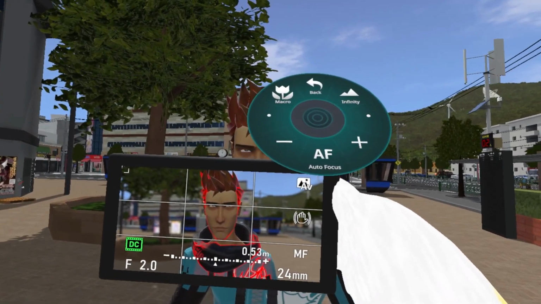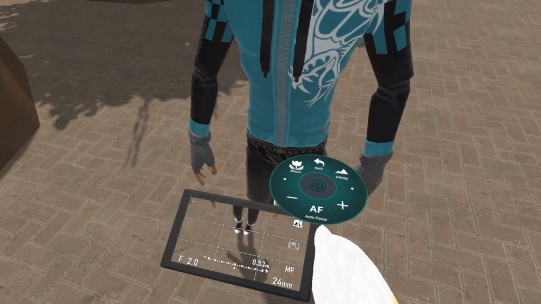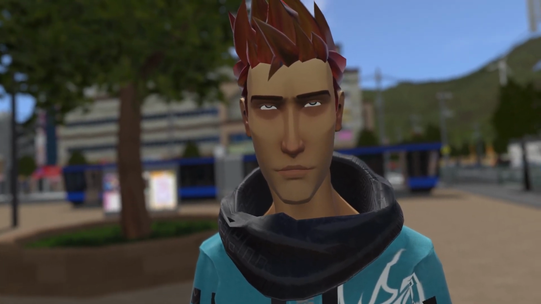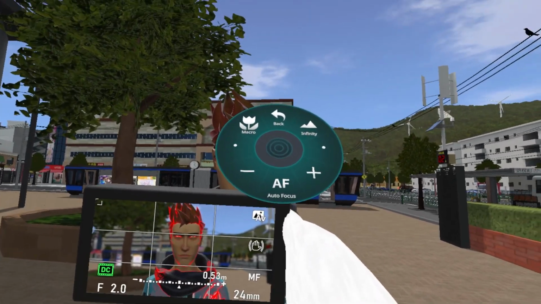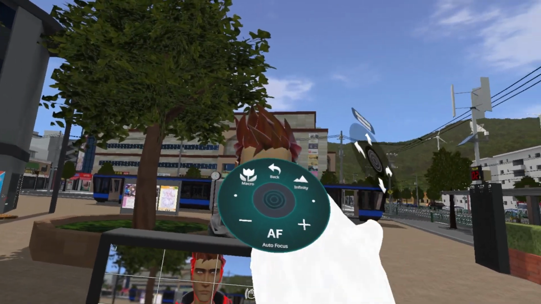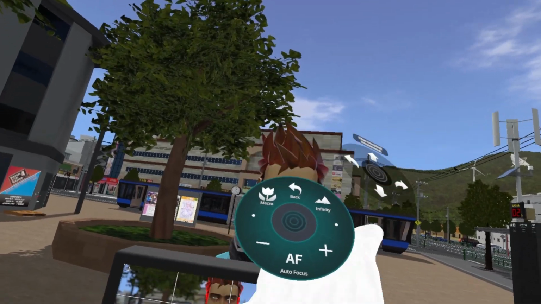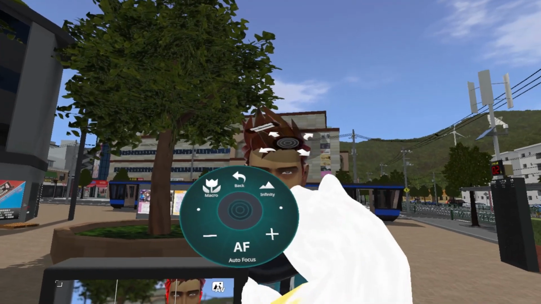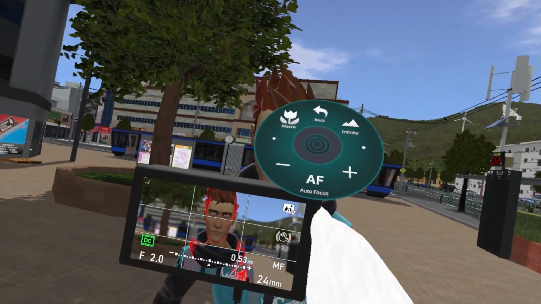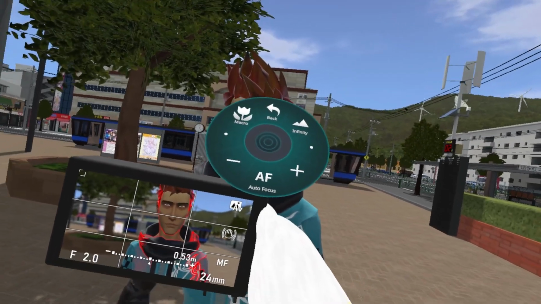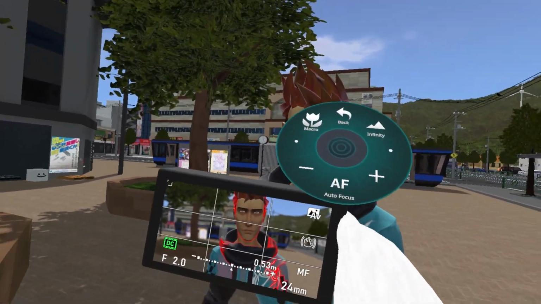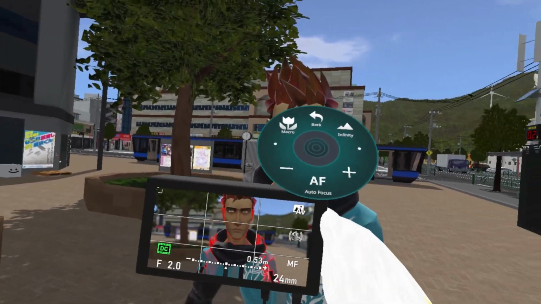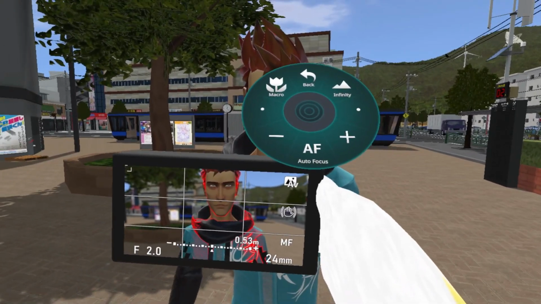Right now I have him in focus, but if I look down, it's not in focus. However, if I wanted to focus on that tree over there smoothly, what I could do is go to macro and double check. Infinity has a little icon, a little scenery icon, so I want to go to infinity. That will pull the focus farther away. And again, aperture doesn't increase, but the focus distance will encapsulate more things the farther it is. So if we increase it,